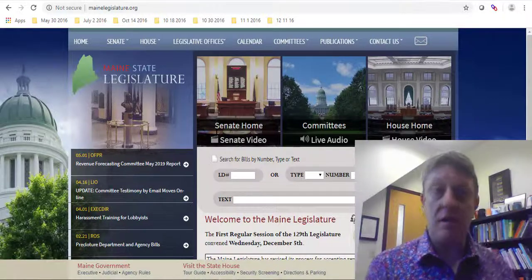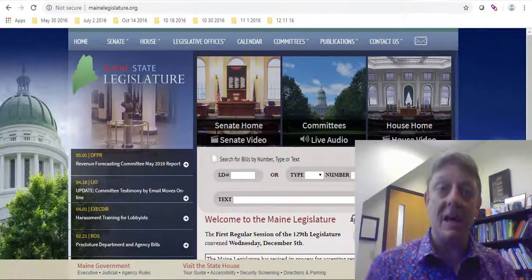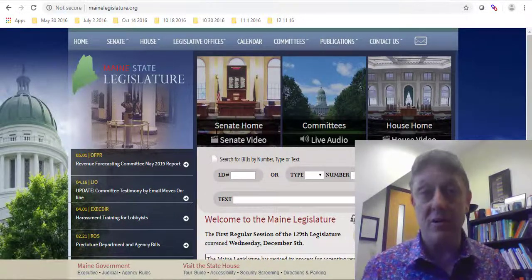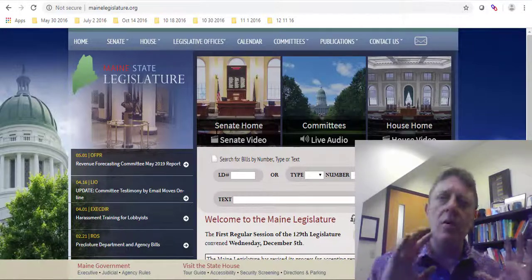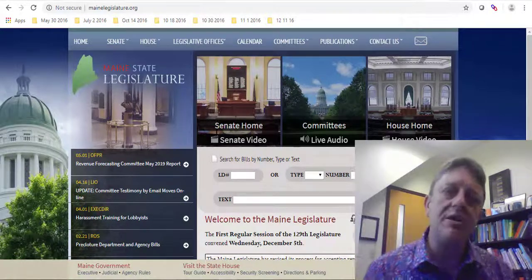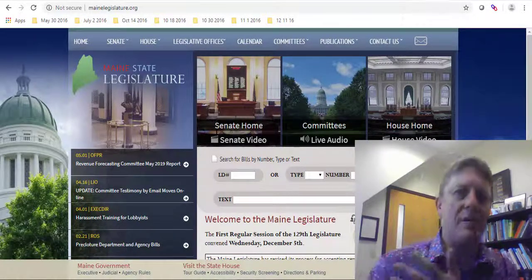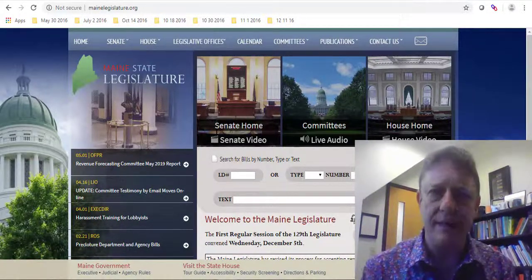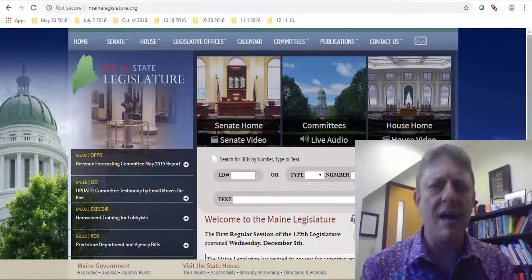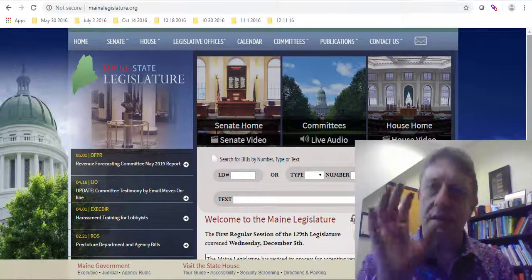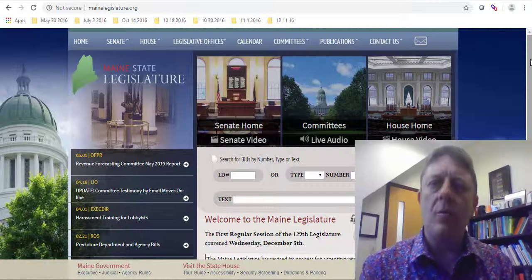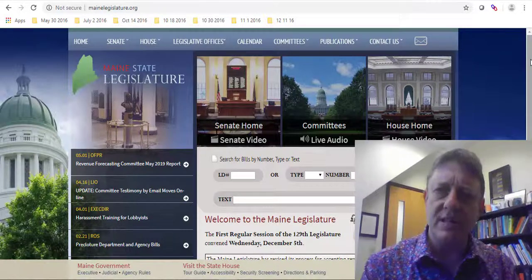So the way to get there is to go to the website mainelegislature.org. That couldn't be simpler. Once you're there, however, you're presented with some pretty pictures of the Maine State Capitol and a lighthouse and some other things like that, the Hall of Flags, and a lot of links. It's a little overwhelming at first. But what I'd like to draw your attention to is at the center,